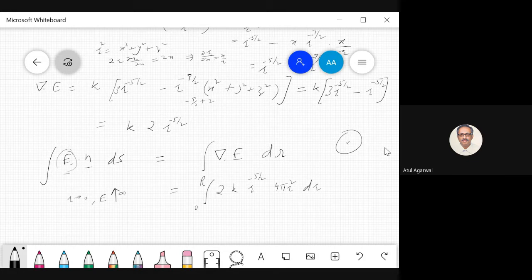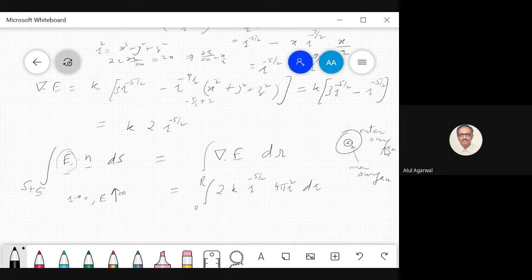So here there is a singularity, so you have to subtract out the singularity. So you have got two surfaces now: one is this outer surface, and another is this inner surface. So this volume integral is the sum of your surface integrals. So you have to include the outer surface plus this small inner surface. Let's call it del S prime.